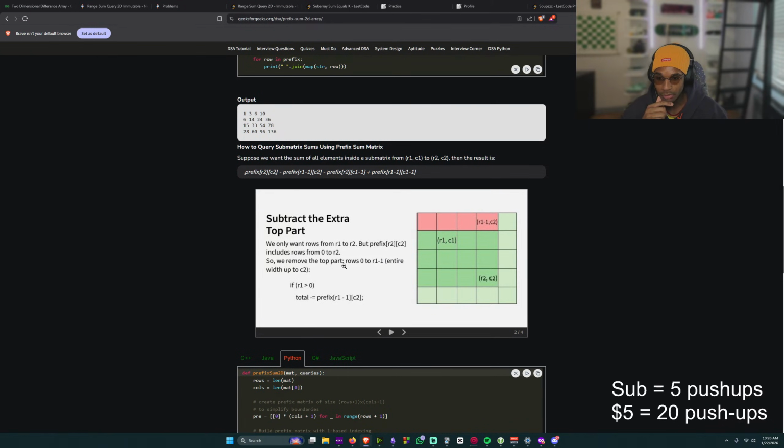Okay, so we remove the top part, rows 0 to R1, the entire width up to C2. If R1 is greater than 0, then total minus equals. Oh, I see. So this is the whole thing, and then we just subtract. Very similar to the other prefix sum.